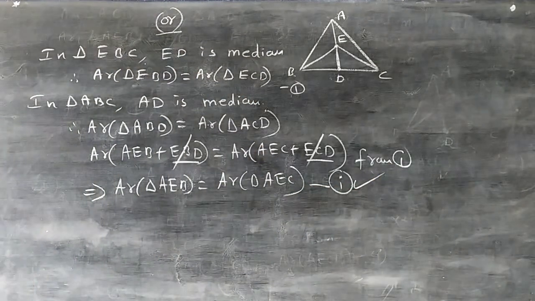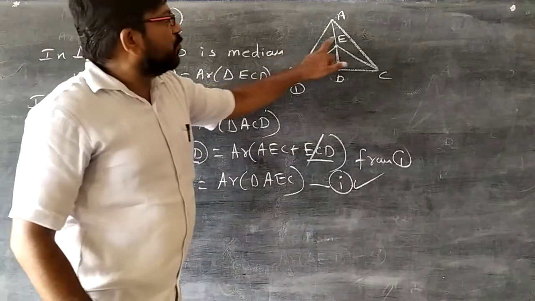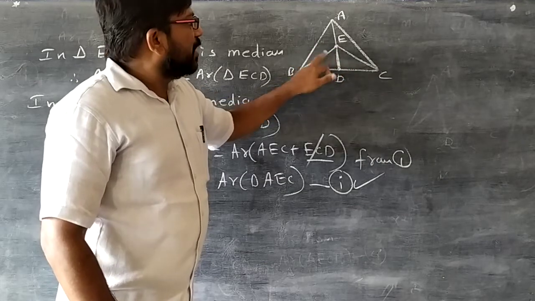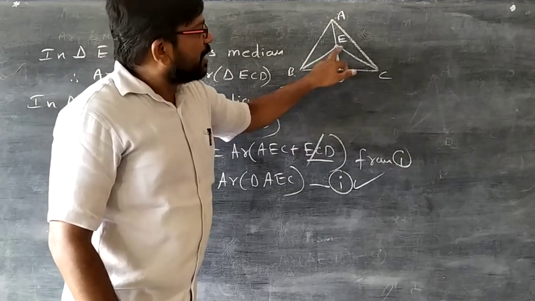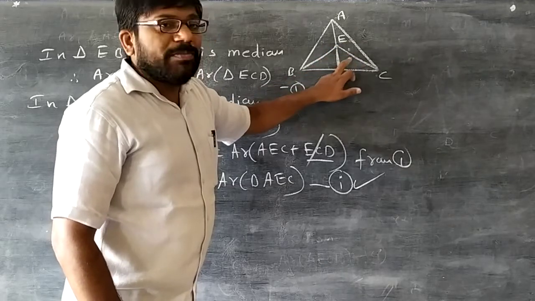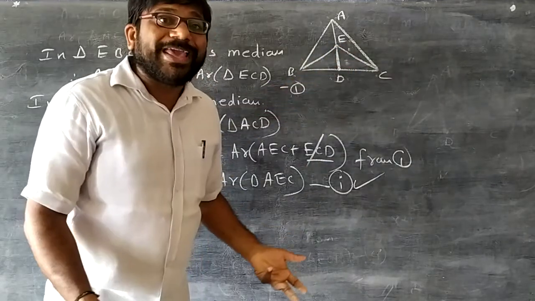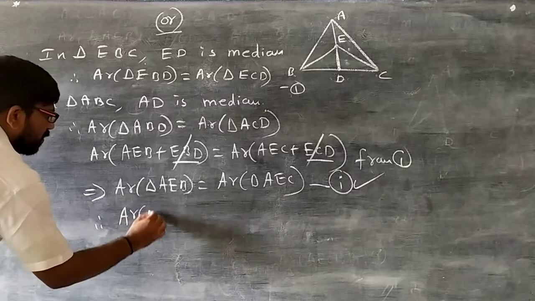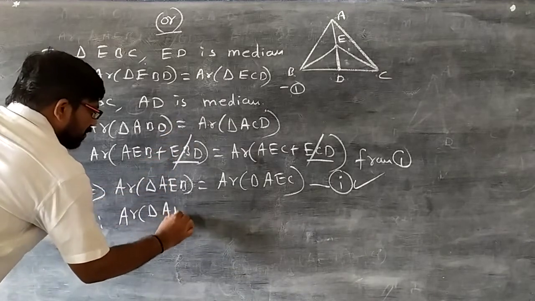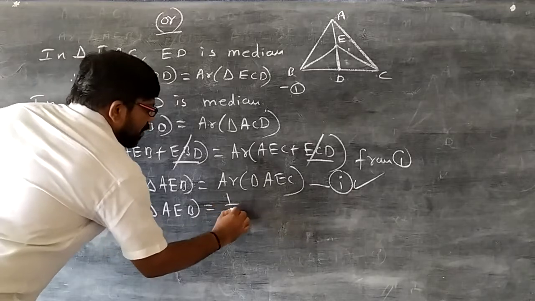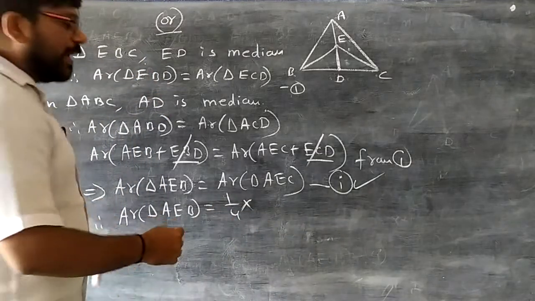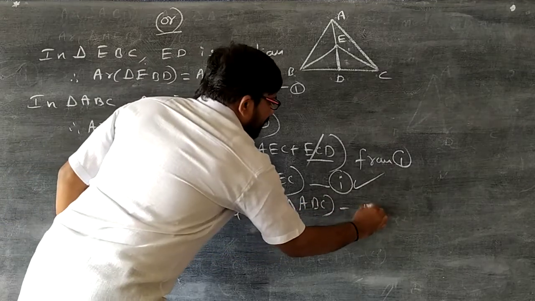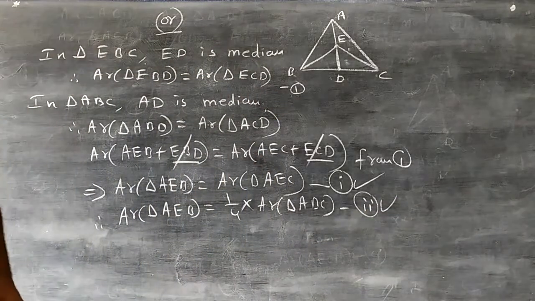First problem completed, right? In the same way, these two are equal, and these two are also equal. Why? BE is the median, it divides it into two equal areas. Here also, CE is the median. These two are equal. Means the four triangles are equal in area, right? So, therefore, the area of triangle AEB can be written as 1 by 4, the fourth part of the whole, the area of triangle ABC. That is the second problem. So it is another method.